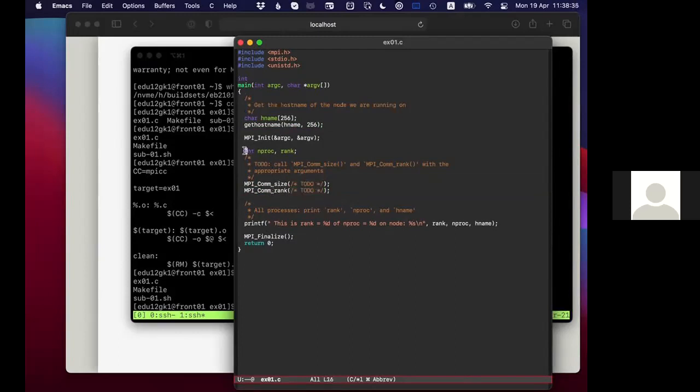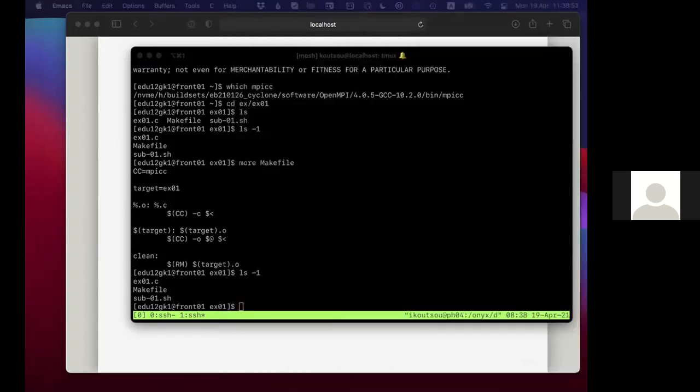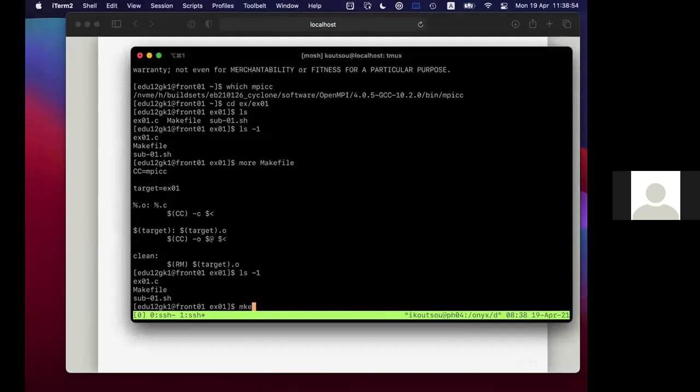I've already declared the variables you need to use. Please go back in the slides and see how to fill this in. And when you feel confident that you're done, you can type make, and this will compile the file. If I do it now, it will give me an error